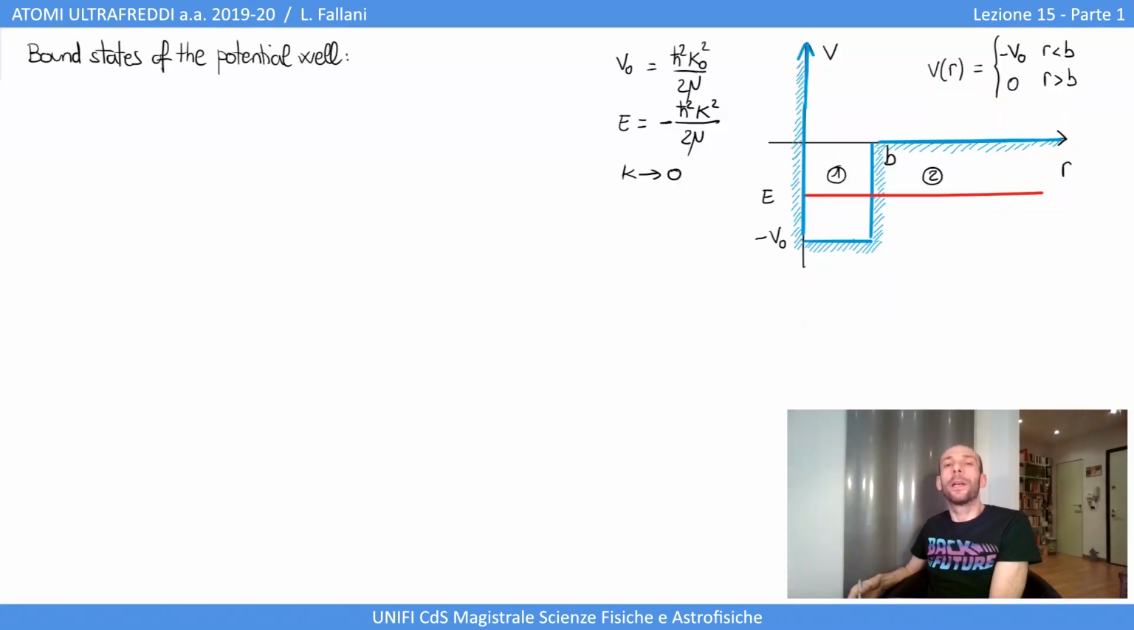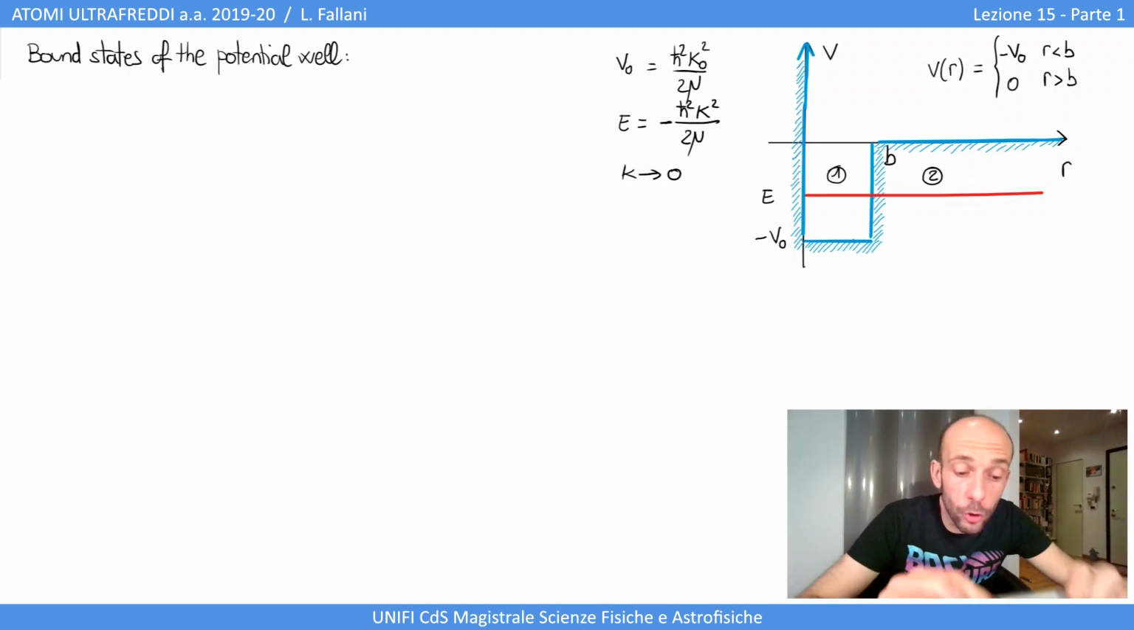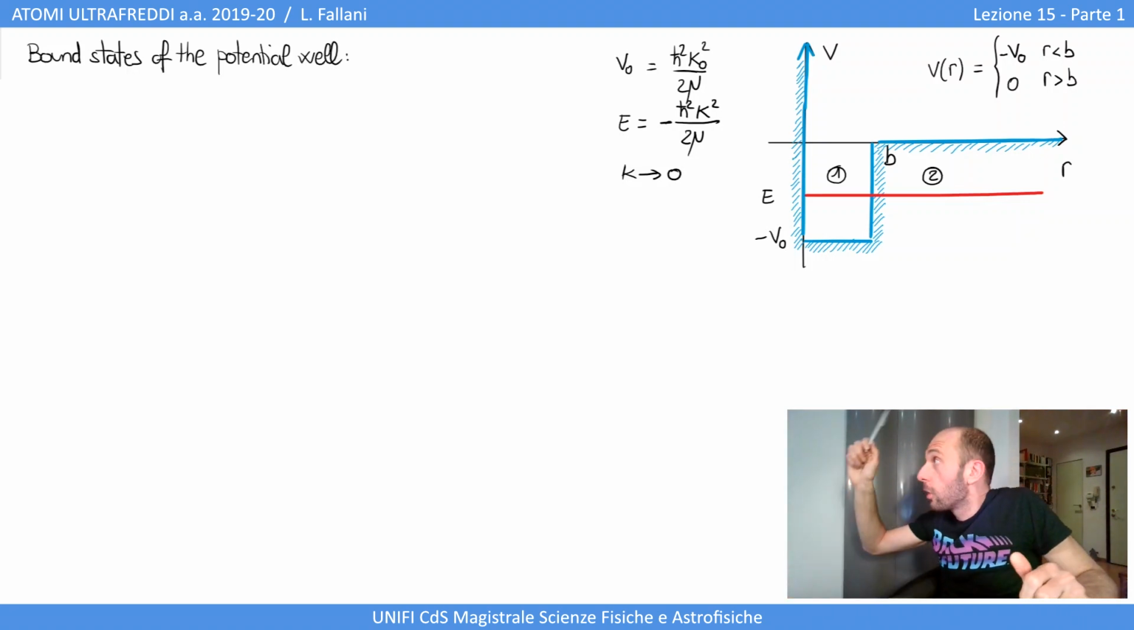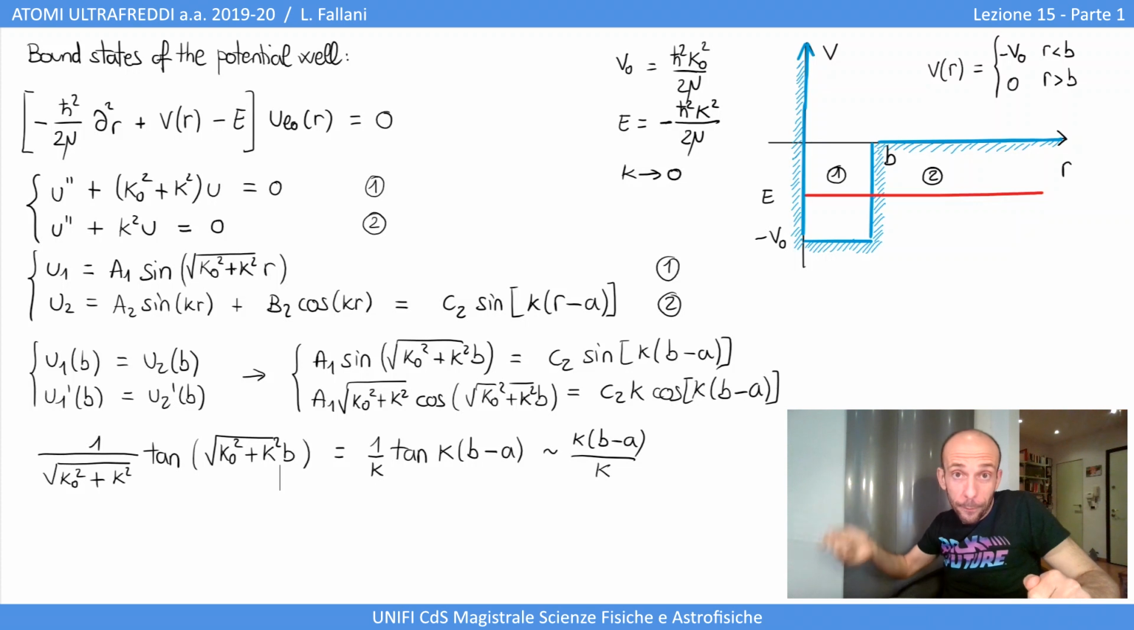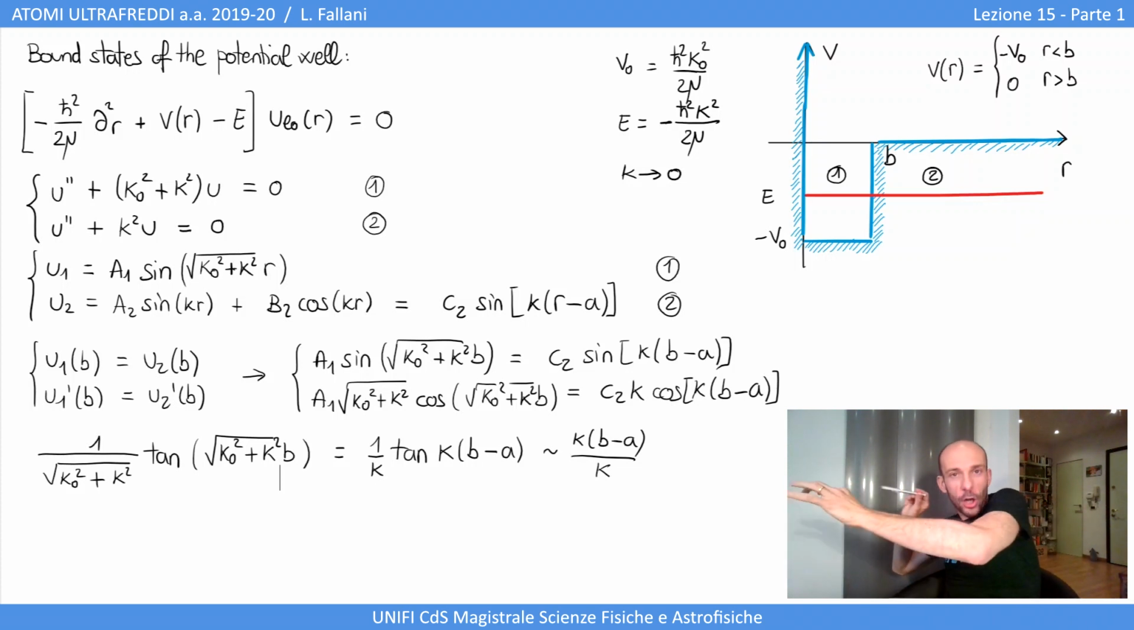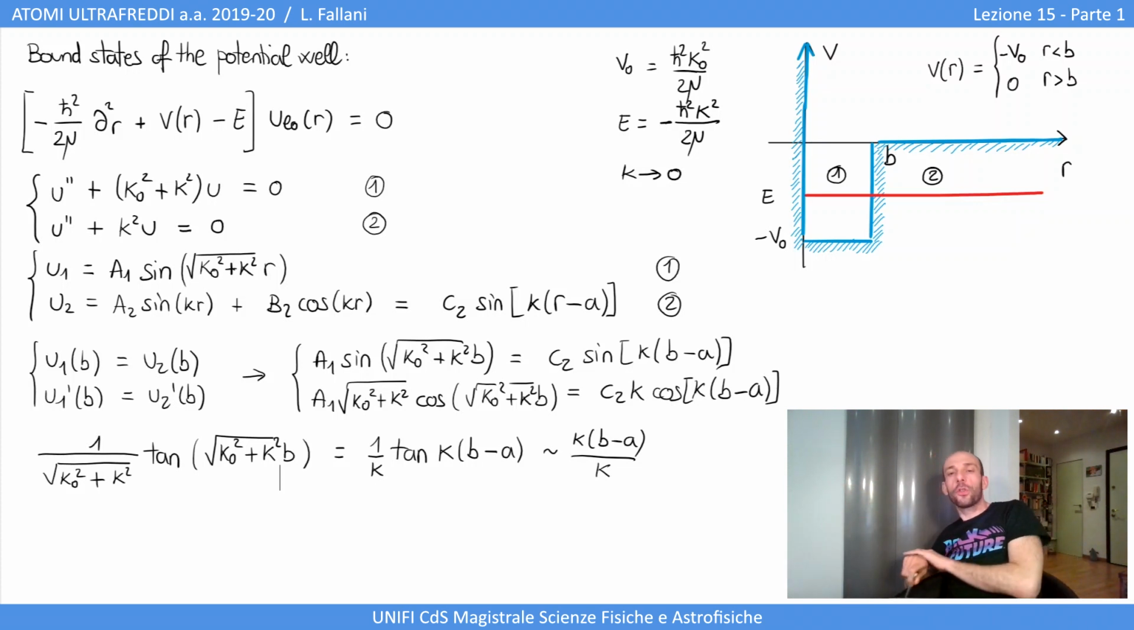So let's go step by step. First, let me demonstrate that this condition corresponds to having a bound state at energy that is approaching zero. And the calculation of the bound state energies is actually quite simple because also in this case I can reuse all the equations that we have written before. And also in this case I will just make a few modifications,